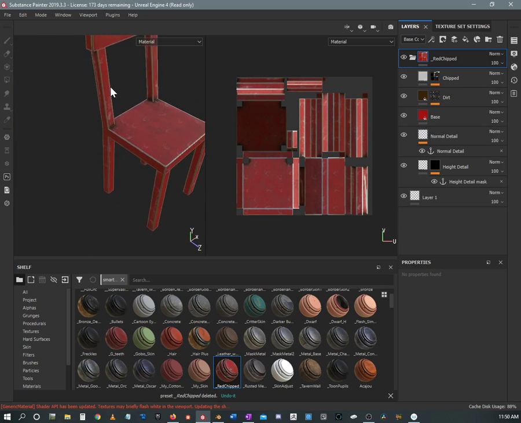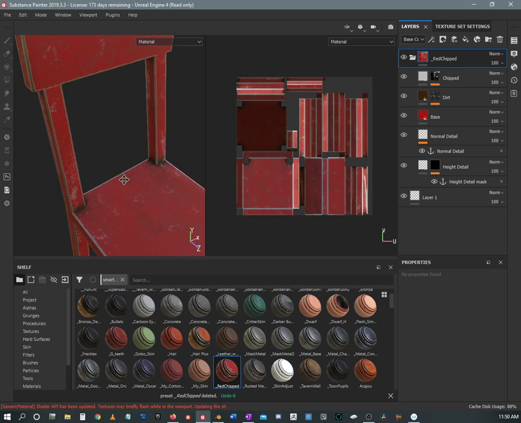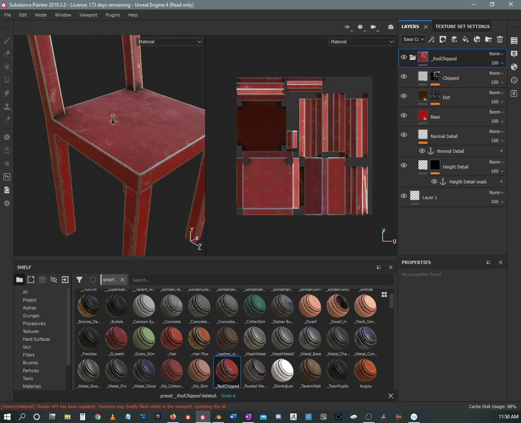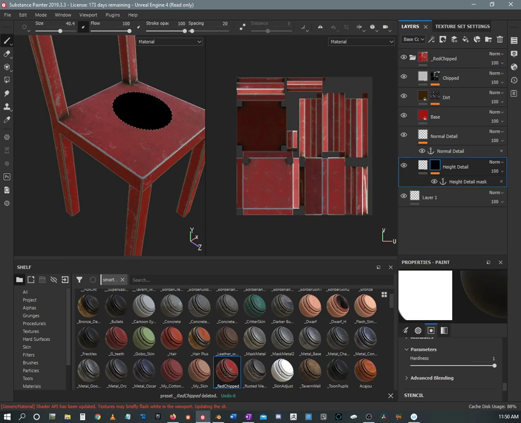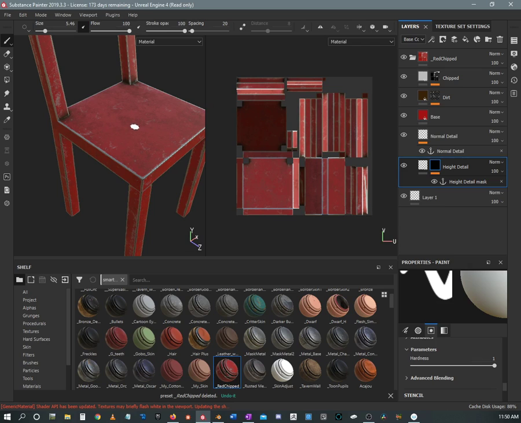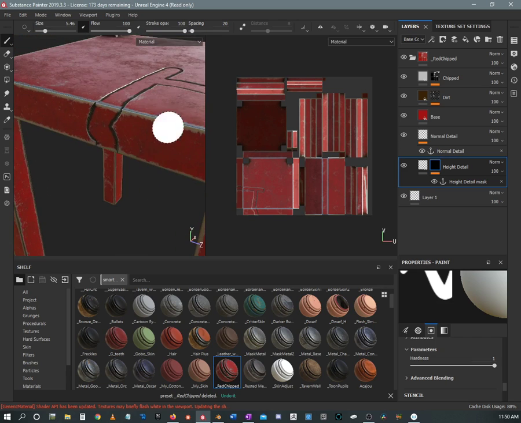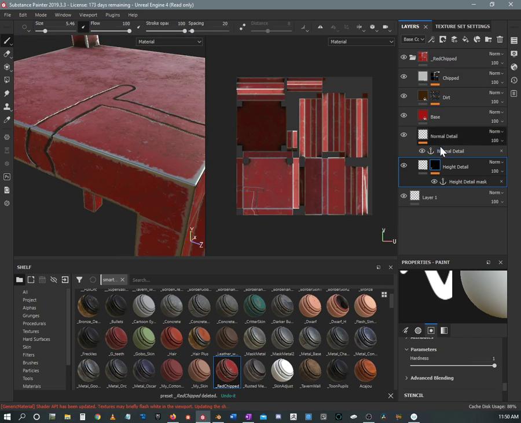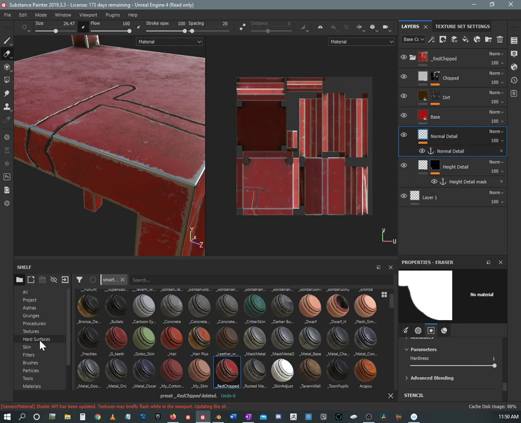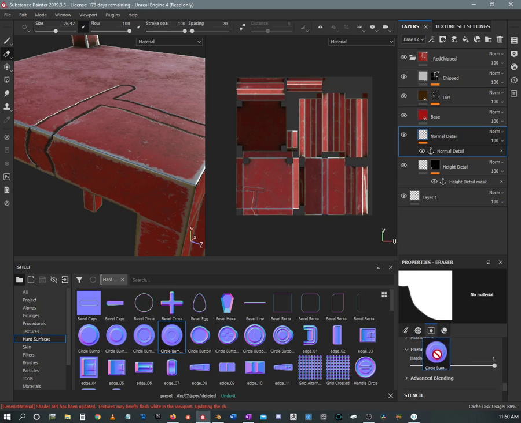So now, as opposed to just being a decent start as far as chip paint goes, it is ready to go as far as adding any of your after-the-fact detail. And because the smart material is preserving the relationship between the height and normal into the chipped and dirt, as I go in and just create these things,